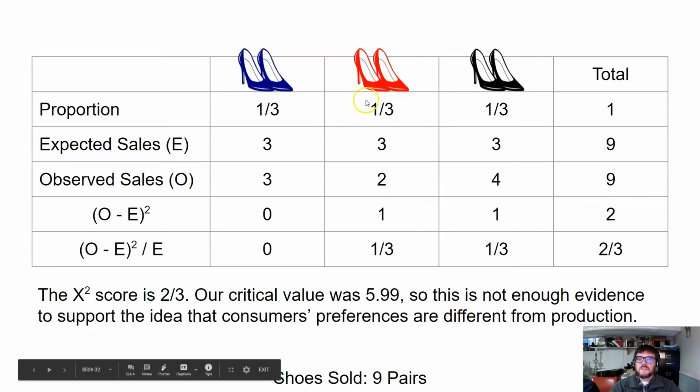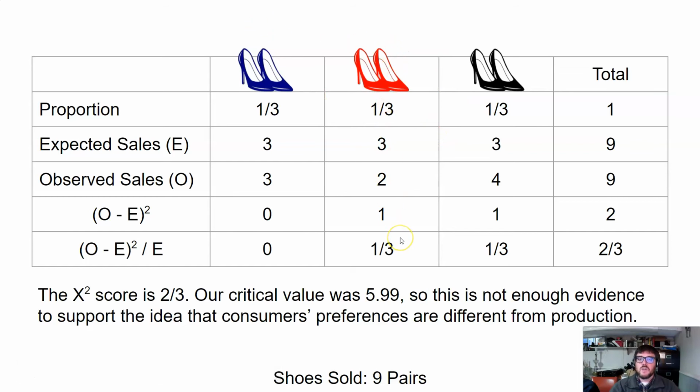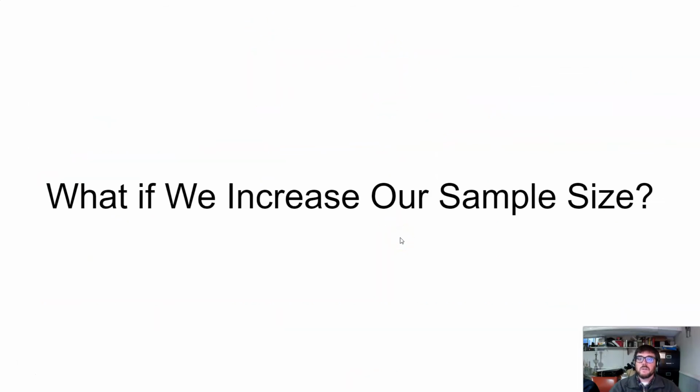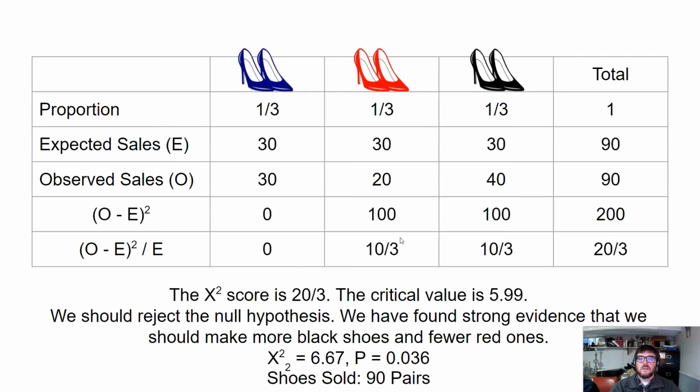But we did see that there's a disparity between blue and red. So what if we increase our sample size? We'll do a follow-up study. And this time we look at 90 shoes. Since we multiplied our sample size by 10, our expecteds multiply by 10 in each category. And if our observed follow exactly the same proportions, so we got 30 blue, 20 red, and 40 black, then